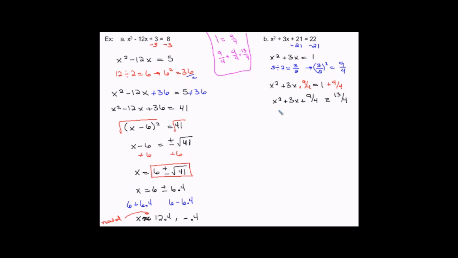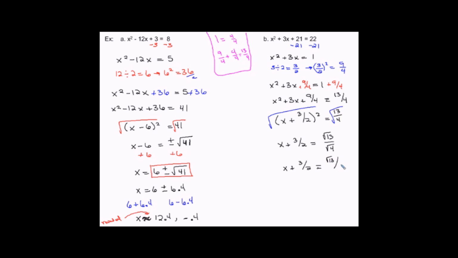I'm going to factor my perfect square, and I'm going to get x plus 3 halves squared is equal to 13 fourths. I'm going to take the square root of both sides, and this will give me x plus 3 halves is equal to, now remember the square root of a fraction is the square root of the top over the square root of the bottom. Now I cannot simplify square root of 13,